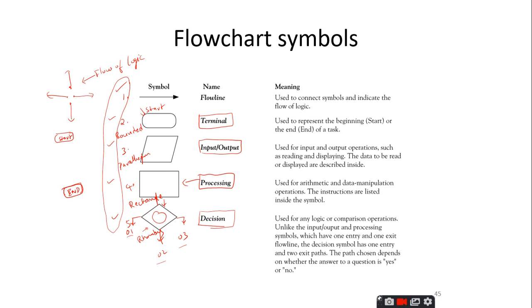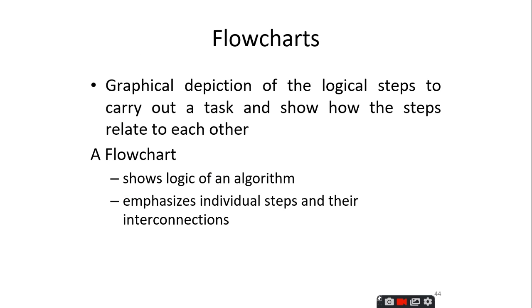So in this session we have discussed the definition of the flowchart, which is just a graphical depiction of the algorithm, and this is used to show the logic of an algorithm, and it emphasizes individual steps and their interconnections. It gives the flow of data from one step to another step. Why are we using this flowchart? This also we have discussed. Since pictorial representations have a good impression in our brain, we are going to make use of these pictorial representations to remember it easily and to reproduce it easily.